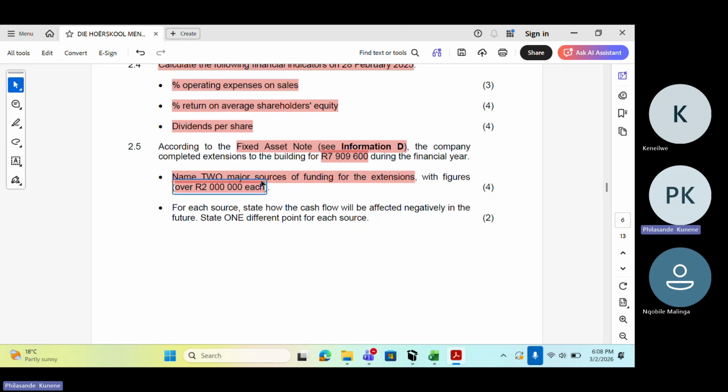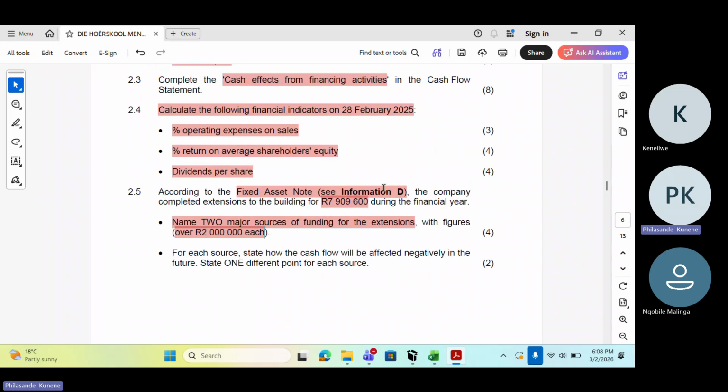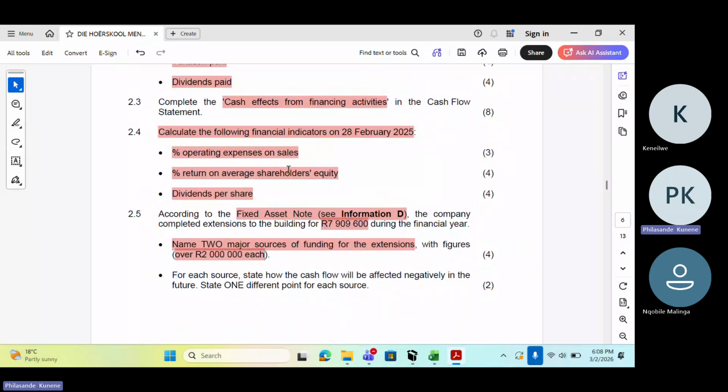Because here they're asking you to name two major sources of funding. When we talk about funding, we can have equity funding or debt funding. Which means that is equity and liabilities of the balance sheet. But on the cash flow statement, you will find that under financing activities. So that's the activity we're going to look at, which is the one that we did under 2.3 to